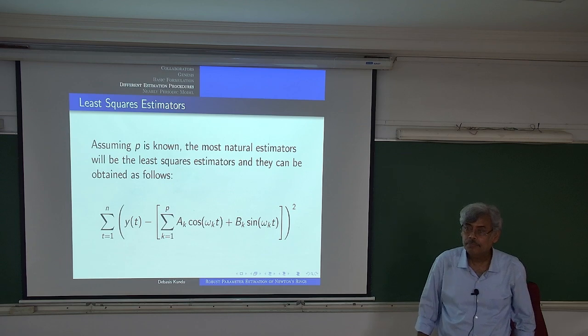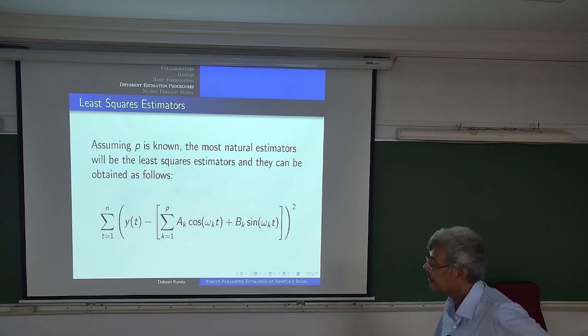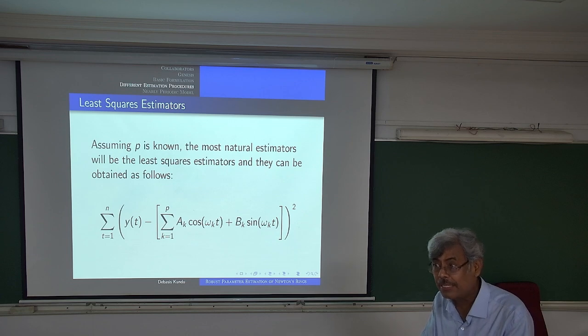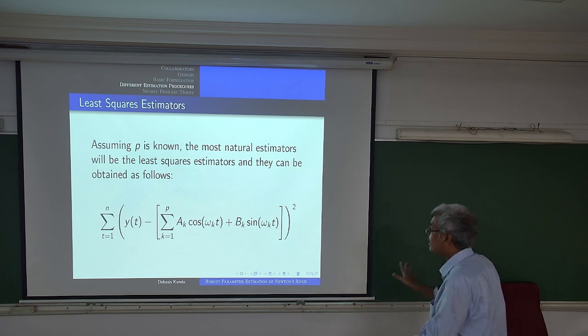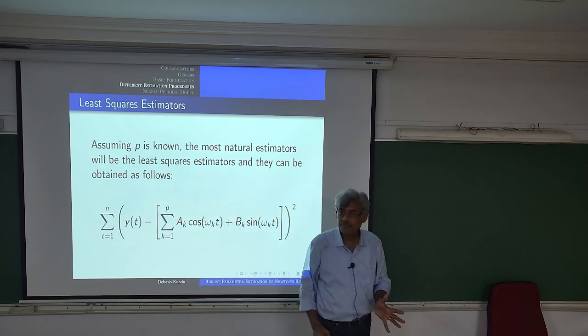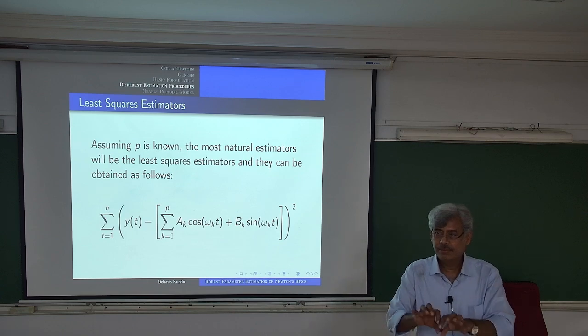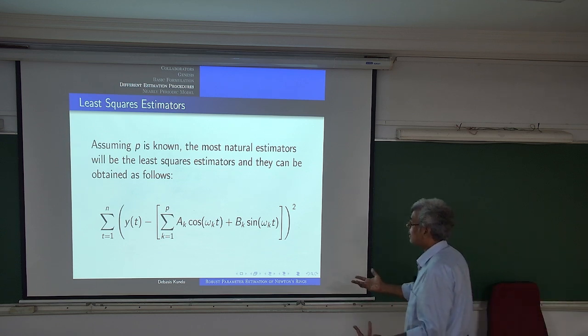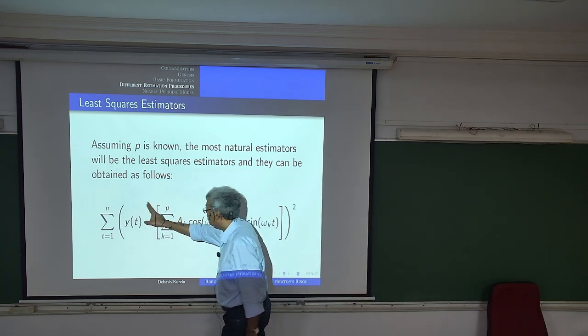But when you try to minimize that, you also require to know AK and BK. No, those are the parameters I'll get. The only thing I have is these yi's. That is the only thing I have. Then the program will try to minimize it. Exactly. The problem is to minimize this particular quantity.